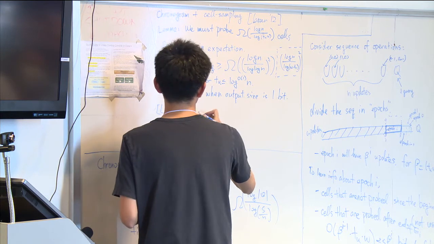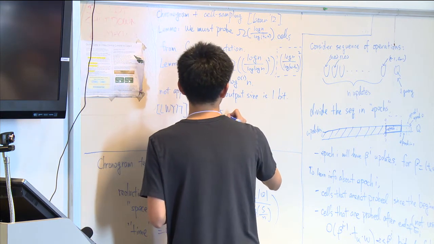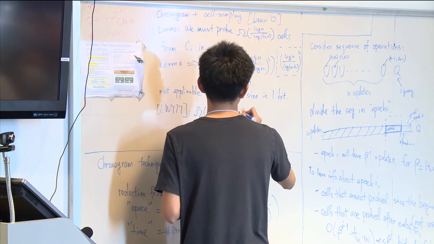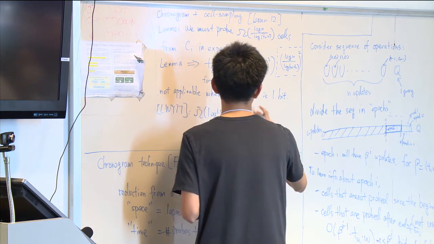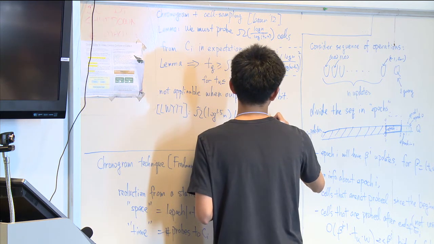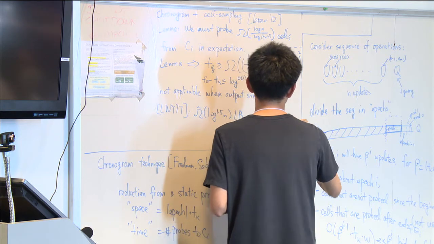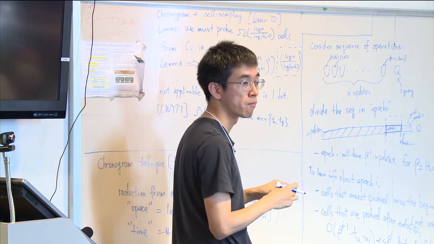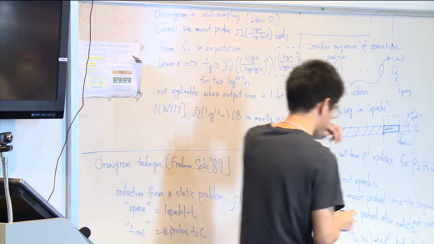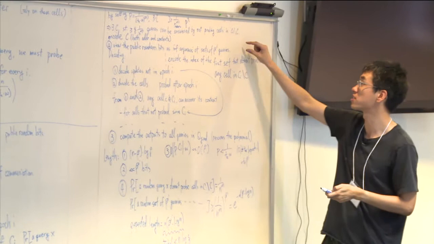So we got a log n to the 1.5 lower bound in this setting, but on the max of update time and query time. Can you repeat why it's not applicable? Yeah. So from a technical point of view, if we look at this argument, there was this fourth step